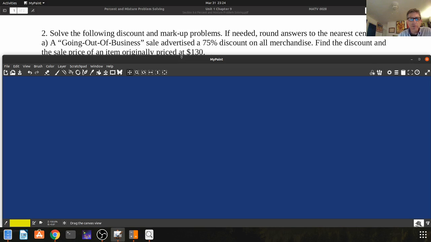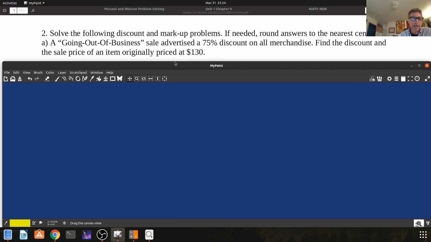So the next thing is we're going to do a discount and markup problem. So let's look at some basic common sense equations. So the sale price of an item is equal to the original price